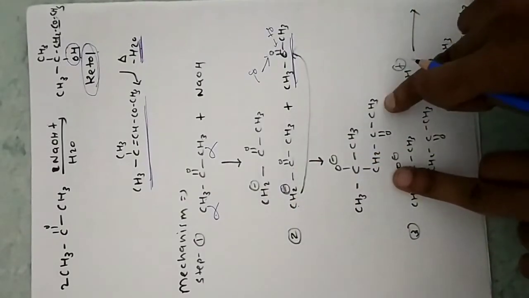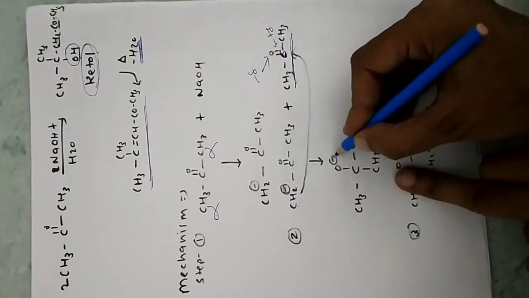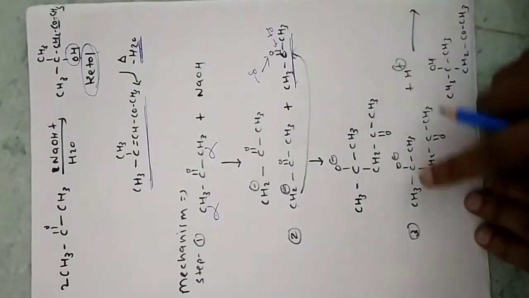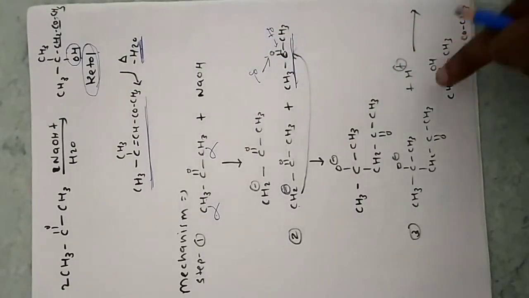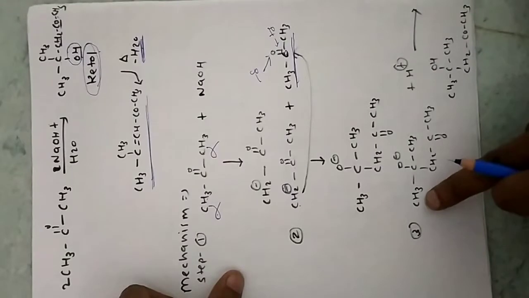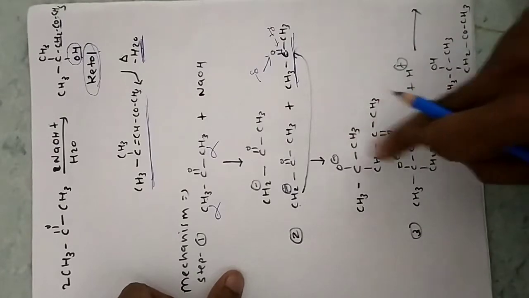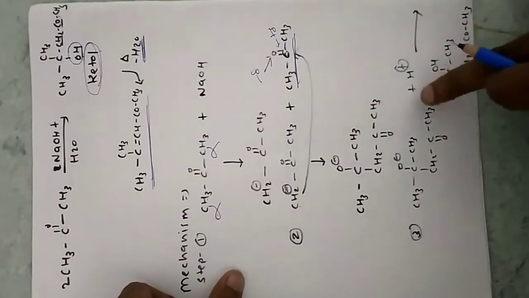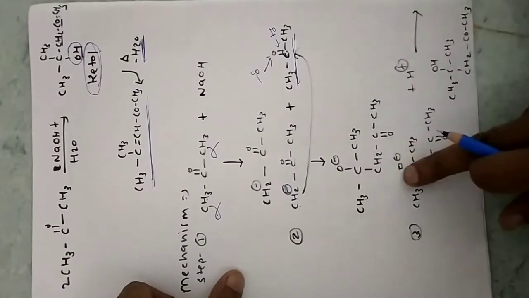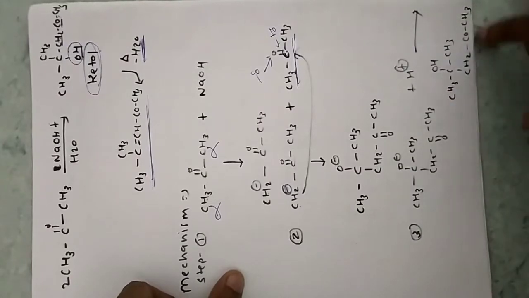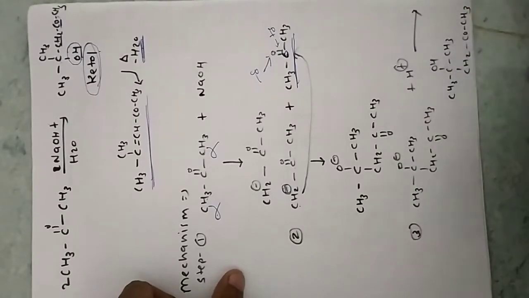You can see here the double bond breaks, so oxygen becomes a negative ion. Now in the same way the H plus ion that we took out in the first step, that comes back here. CH3, C, CH3, CH2, C double bond, CH3, O negative ion, that is the same structure, plus H plus. What you have to do? O minus ion and H plus ion, you have to combine both, so you will get this structure, CH3, COH, CH3, CH2, CO, CH3.